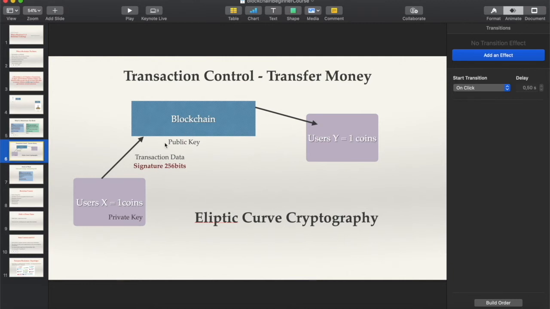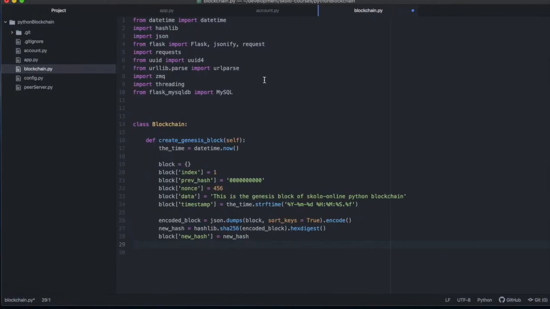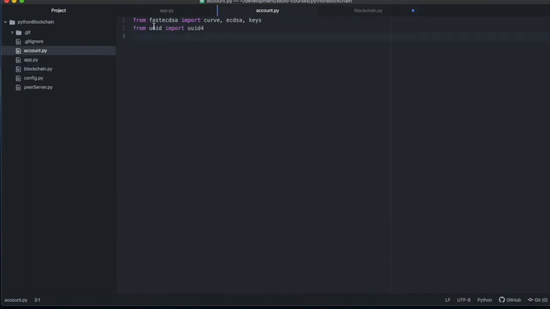and then the blockchain would have to verify the signature of that transaction before the new transaction gets added into the blockchain, and all of this is done using what we call elliptic curve cryptography. So Python has a library that has modeled this elliptic curve cryptography, and that library is this, I think I have it on the other side, this fast ECDSA. Okay, so it's fast elliptic curve DSA, I don't know what everything stands for, but basically this is a library